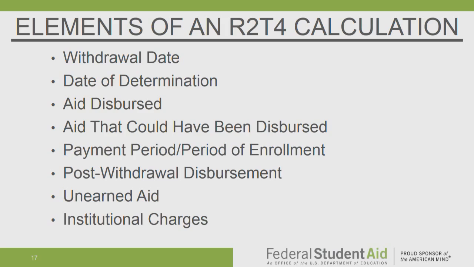Date of determination, this is a very important date. This will actually trigger all your reporting requirements. This is the day that you found out the student is no longer attending your institution. It could be notification through official withdrawal, where the student, following your withdrawal process, lets you know that they will be withdrawing. Or it could be unofficial withdrawal, where you, the school, will make a determination following your process, your policies,